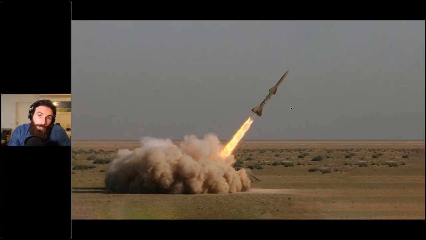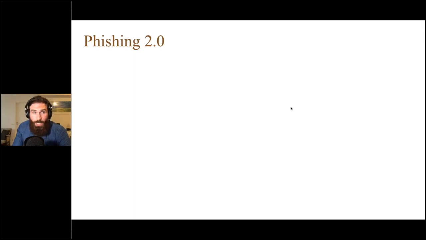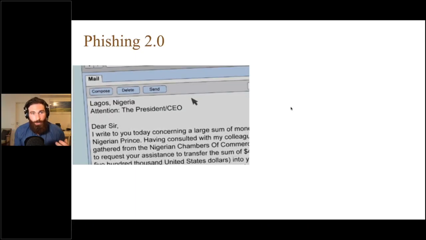Because if we think about a missile, the actual warhead is just that little part at the top, right? The rest of the missile is computers and fuel in order to get that weapon to its target. And the question is, are digital platforms, social media platforms, now that type of apparatus or an attack vector that can deliver a malicious payload, in this case, a virus, to a government employee's computer? So this gets into the social engineering part of the talk.